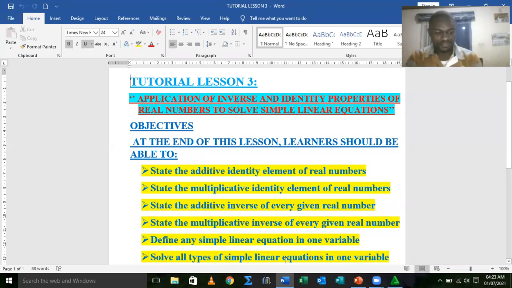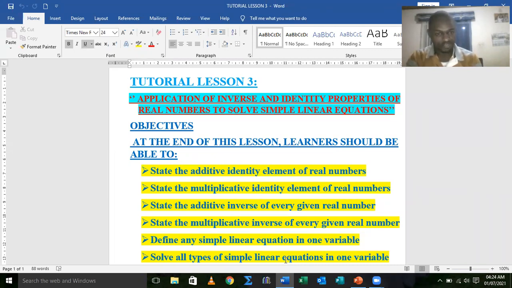Welcome to this lesson session titled Tutorial Lesson 3 with Was Moses, a mathematics teacher. In this lesson, we shall be looking at application of the inverse and identity properties of real numbers to solve simple linear equations. As lesson objectives, it is expected that at the end of this lesson, learners should be able